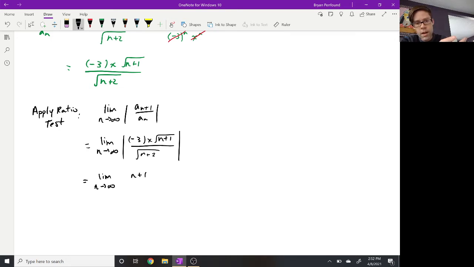So in other words, I can kind of pop these two things out. Those don't really depend on the absolute value bars because they're already positive. I can also pop out the 3 as a positive 3. And the only thing I have to be mindful of is the x. So the x could potentially be a negative number. So depending on what value is chosen for x, we just need to be mindful of that. So this is kind of simplifying and distributing the absolute value bars. And actually, I'm just going to maybe rearrange this just a little bit to make it look a little bit nicer, because we usually put the 3 and the x before the square roots,